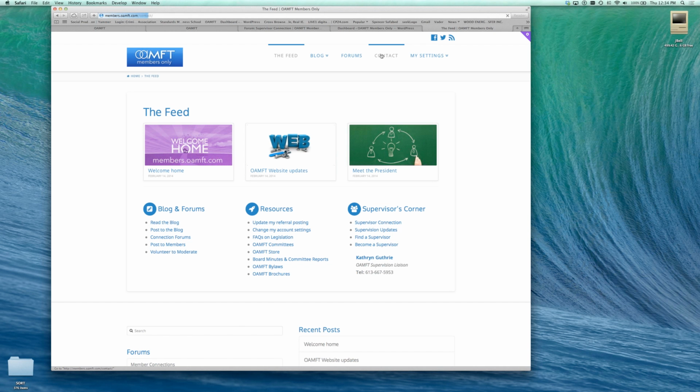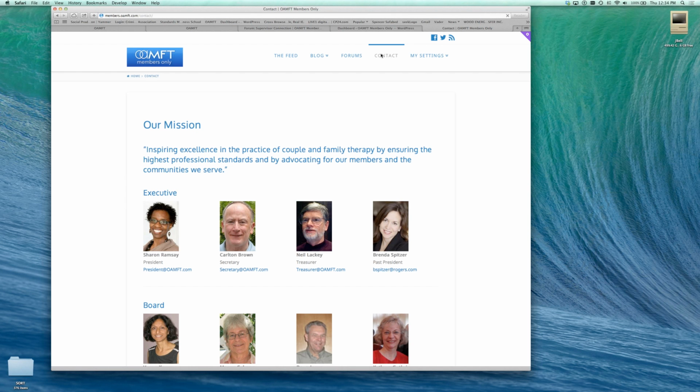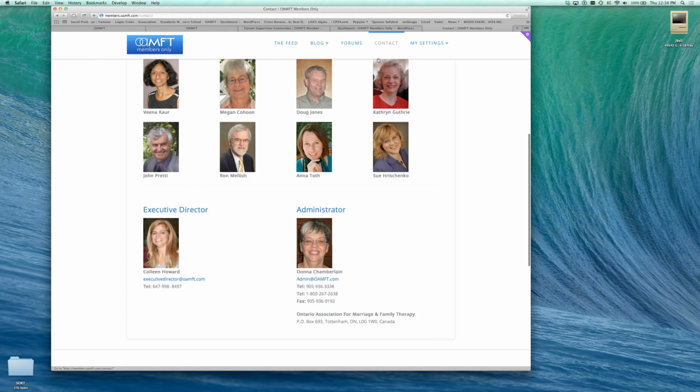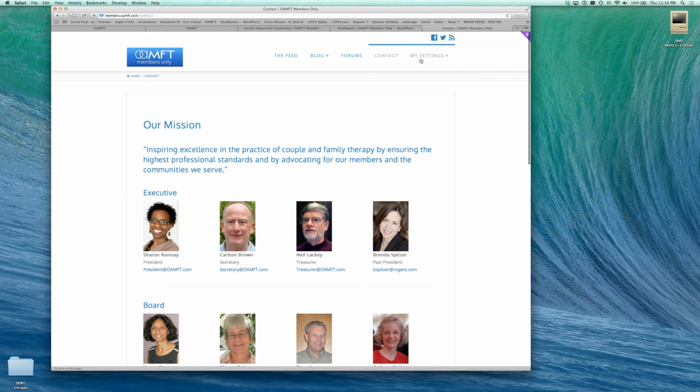Okay, moving on, we have a contacts section across the top here. The contacts let you get in contact with our current executive, and also provide the mission statement of what the association is all about, who the executive director is, and links to the administrative office. Okay, and finally we have a navigation area on the right here where you can gain access to further information about certificates, putting the OAMFT badge on your website, your referral listing update, and log in, log out of the